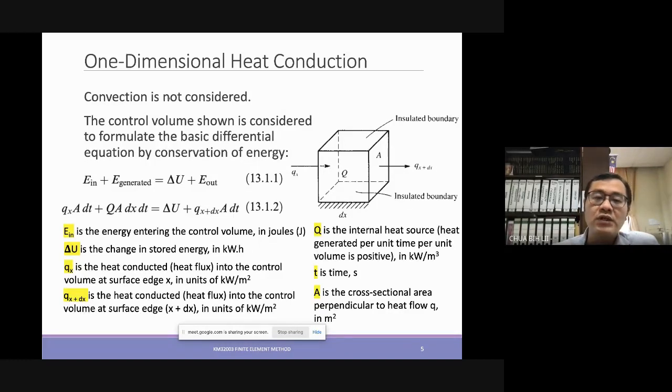So now we will look into the one-dimensional heat conduction formulation. Again, one-dimensional here refers to only one direction, not the y or z directions, only the x direction. So when we start to derive, we do not consider